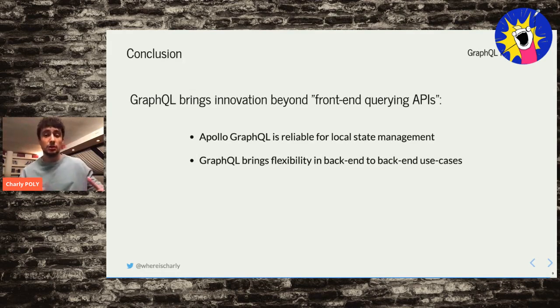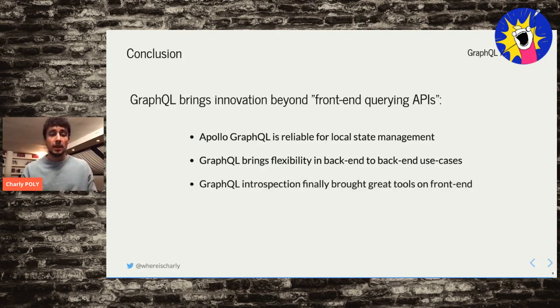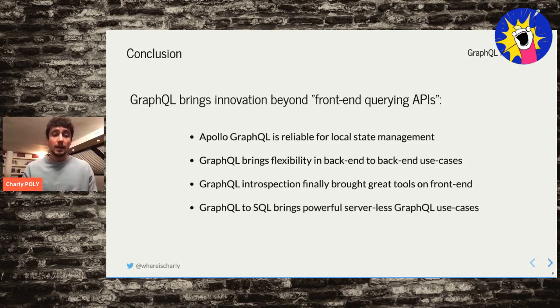beginning because not that many companies migrated to public GraphQL API. GraphQL introspection brought a lot of tools on front end when it comes to TypeScript generation, types generation, code generation, and I'm pretty sure we're going to have way more use cases that are going to improve the developer experience. And then we can even have now GraphQL without having to write the resolver that works out of the box on existing database or existing schema, or you can even use GraphQL for anything using GraphQL Mesh to query any kind of data.